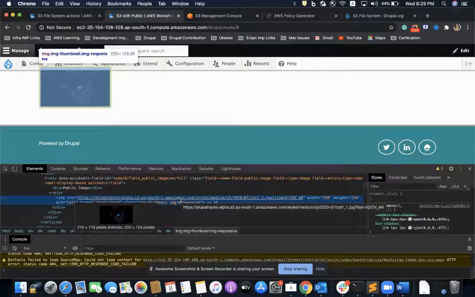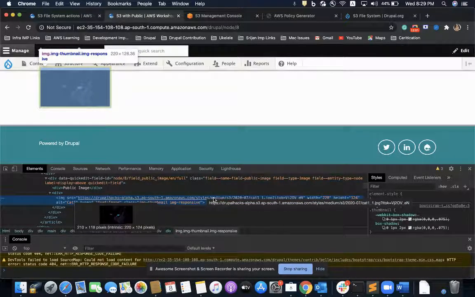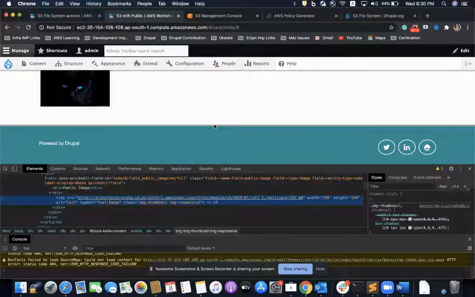It will show me a path here, and if I go and check, the file does not reside there. The actual location of the image would be something else. So it would be private to me, as in I cannot figure out where the file is actually located. That is the private file system of Drupal.